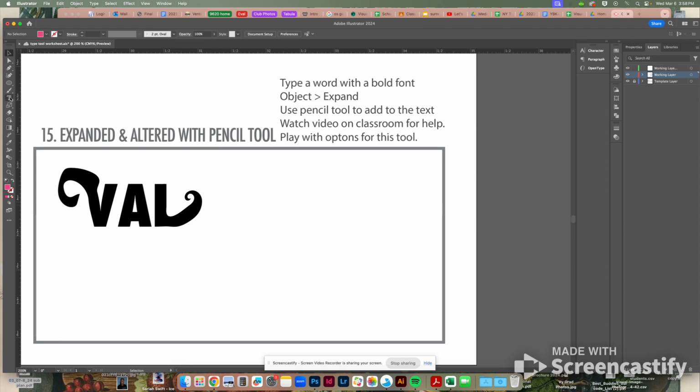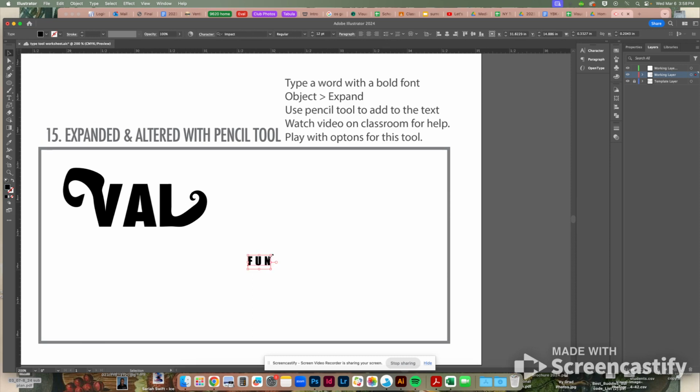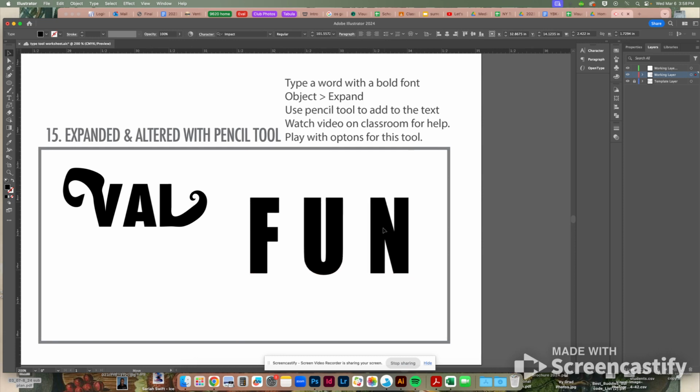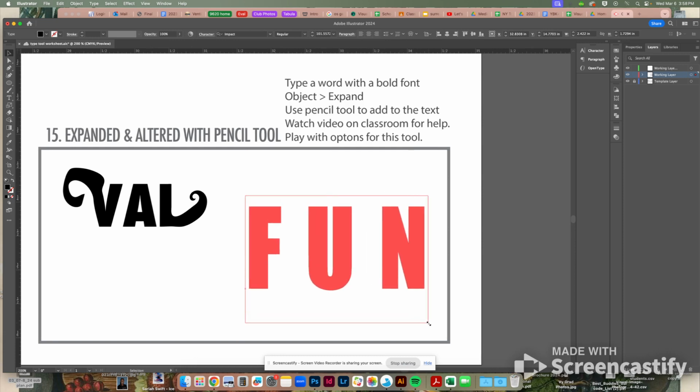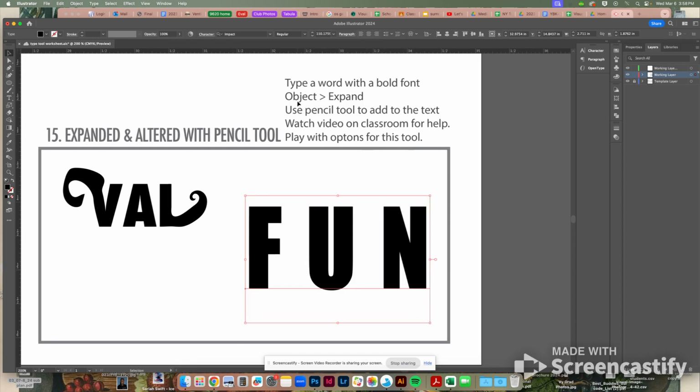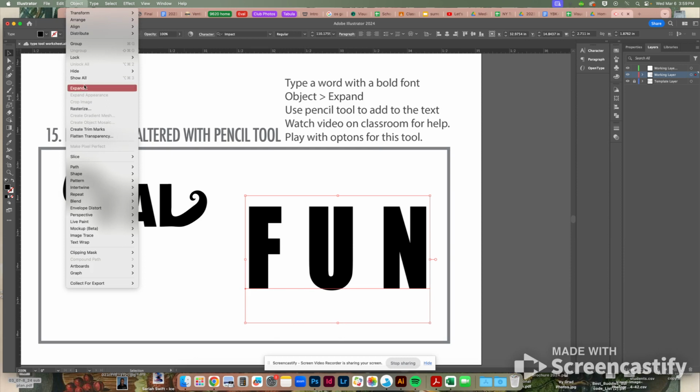I'm going to use my T tool at first. All right. And I'm going to type a word in a bold font. So I'm just going to click here and I'm going to say fun. And that is an impact font because it's a nice big font. So I'm going to stretch that up now. So there's my word. Now I have to object expand. So while it is selected, I'm now going to go up to the word object and I'm going to say